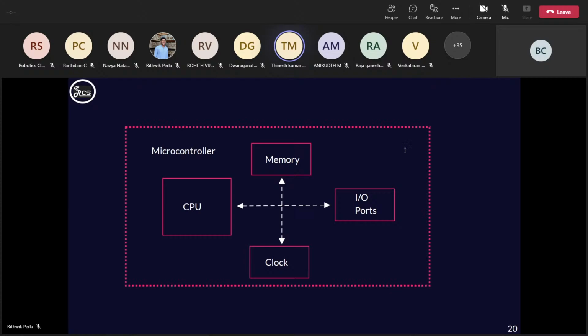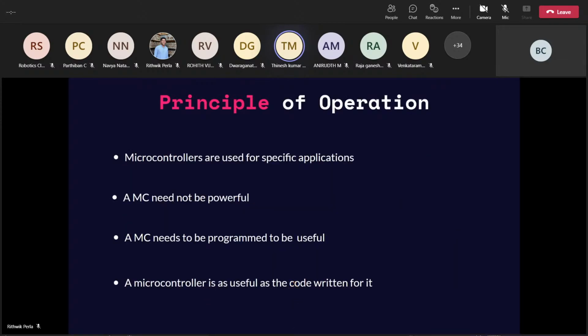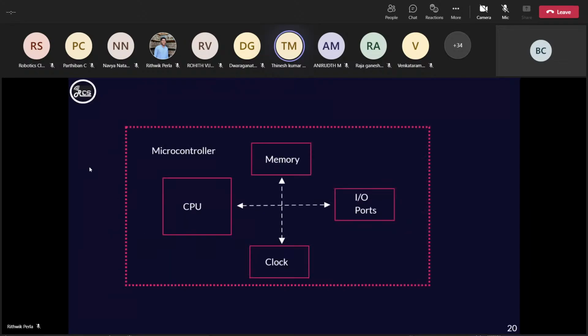Okay. Only a few thumbs up. Do you want me to repeat? I can see only a few thumbs up. At least just say repeat. Can I move forward? Okay, then I'll move forward. Okay, thank you. So you'll see the principle of operation. Oh, you want me to repeat? Okay. Can you go to the previous slide? I'll just say it one more time.